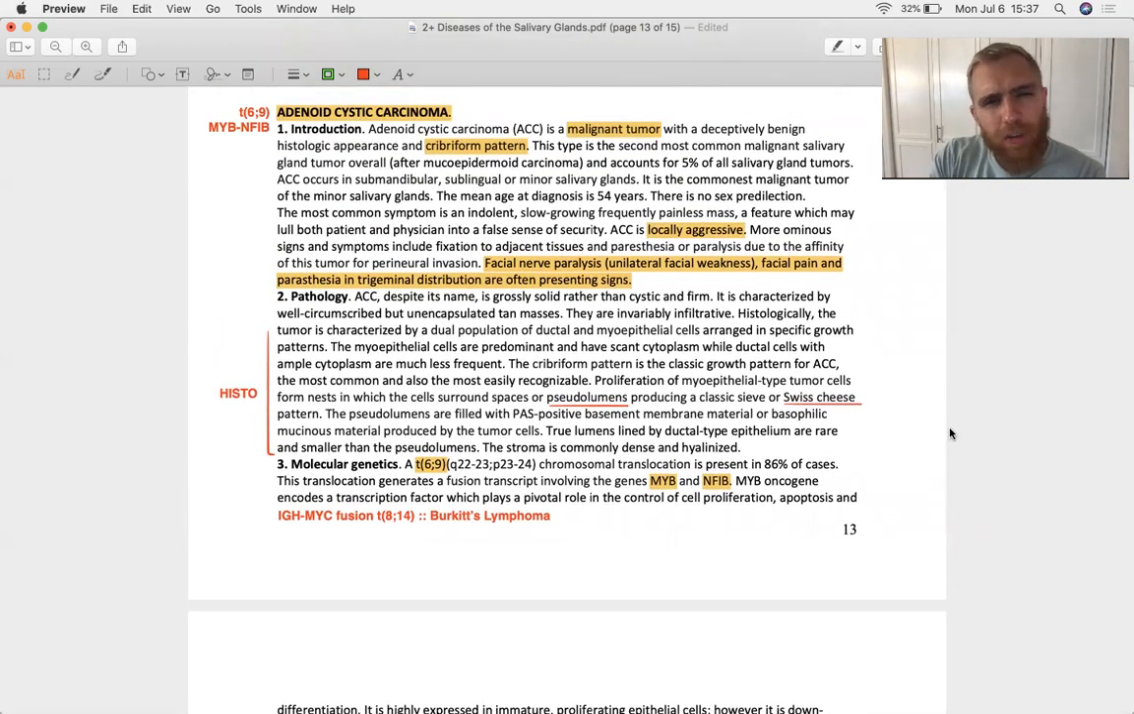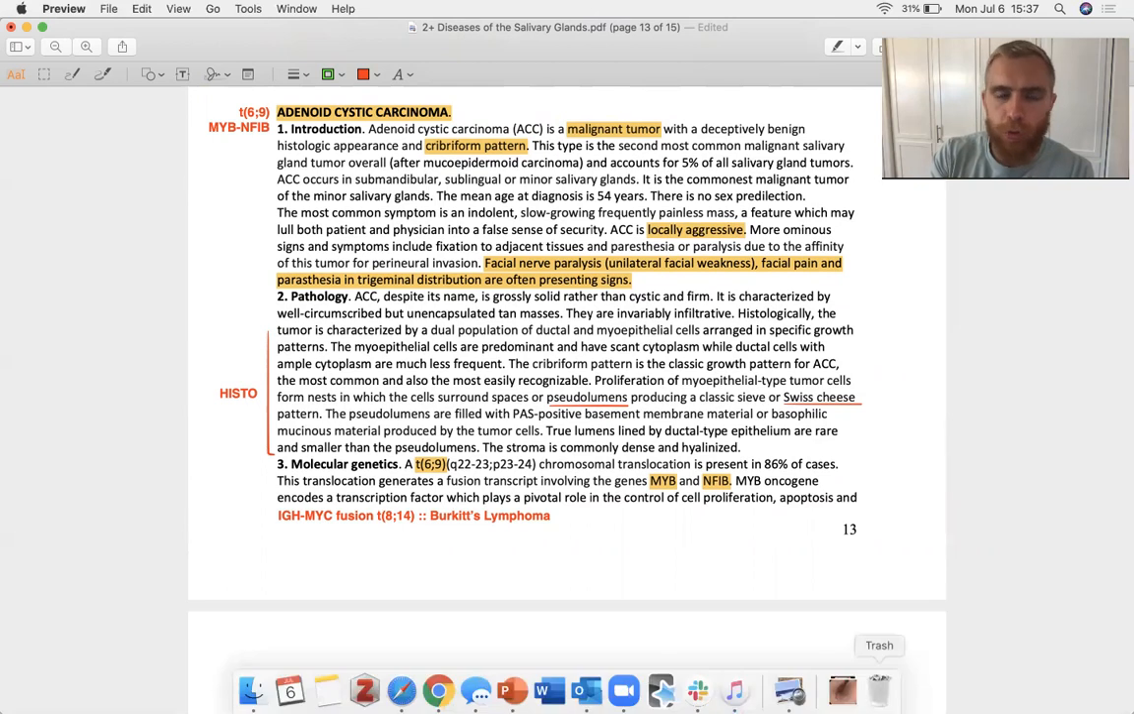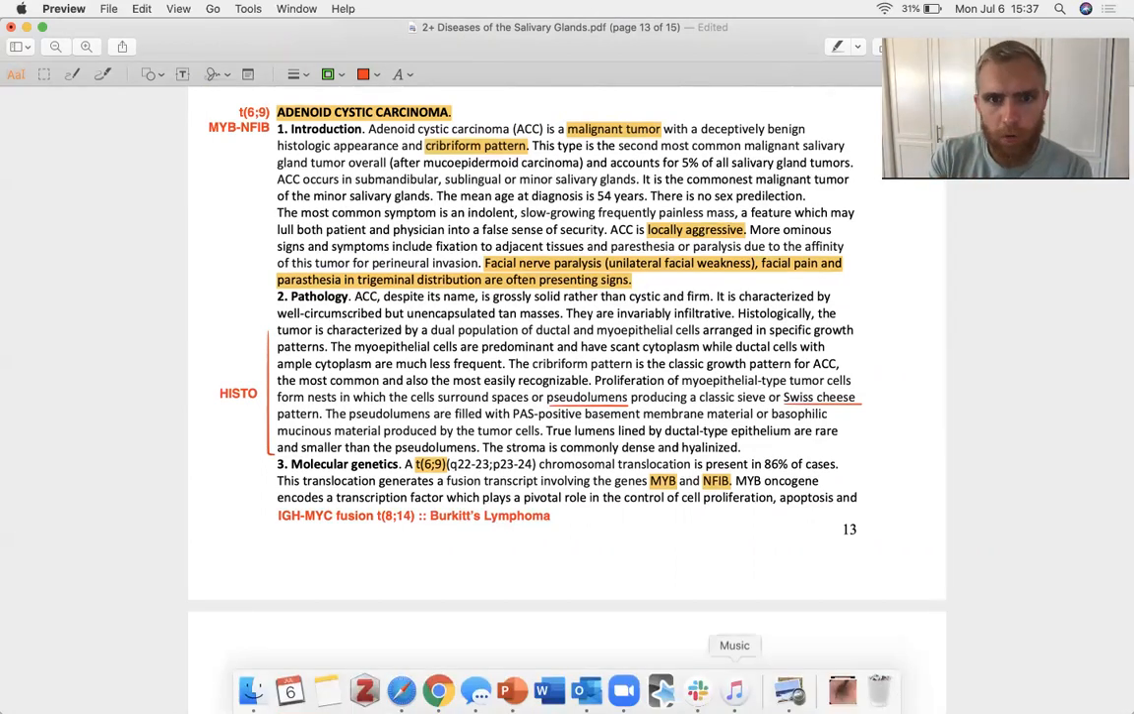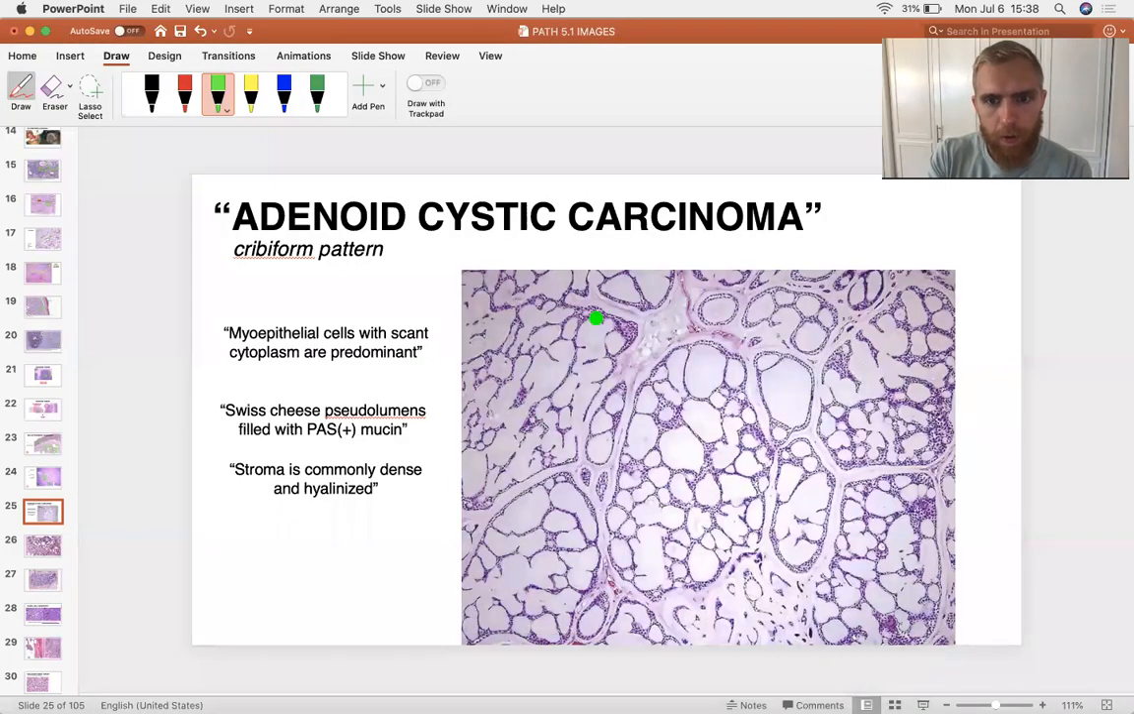Back to adenoid cystic carcinoma. On histopathology, you see this Swiss cheese pseudoluminous cribriform pattern. Best way I can describe it. A lot of PAS positive material or basophilic mucinous material. So it's a mucinous tumor. Should make sense. It's a cystic carcinoma, right? So that means it's going to have a lot of fluid inside of it. And indeed, if we zoom in,